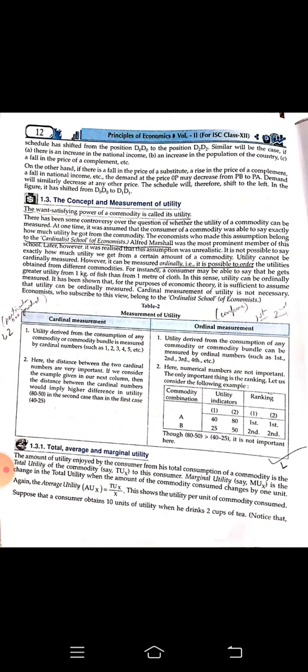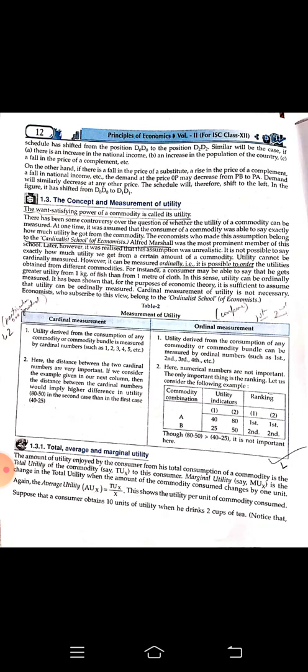Again, the ordinal measurement. They are saying it is not possible for a person holding a pencil to say that the utility is only 2 out of 10. It will be easier for a consumer to rank if we give them a bundle of two commodities. If a pencil is given along with a pen, and we ask which has more utility to you, then that person can easily rank and say, yes, I will prefer the pencil first and the pen second.